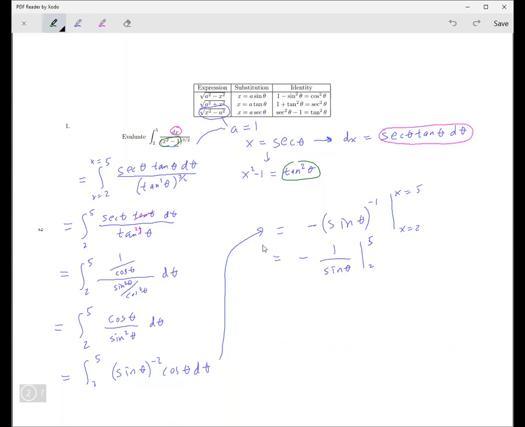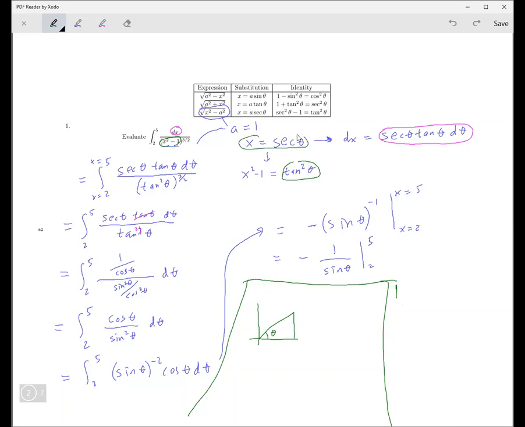So you want to get it back into x's. So what you do is, let me do this. I'll do it right here, and then we'll finish the problem off down here. Okay, so you draw a triangle with an angle theta, and then you say to yourself, okay, if x